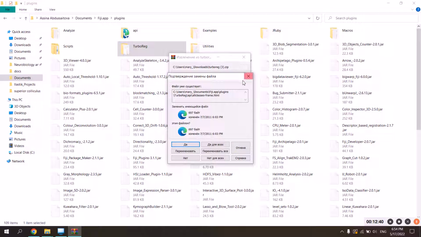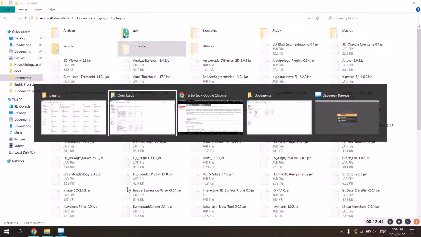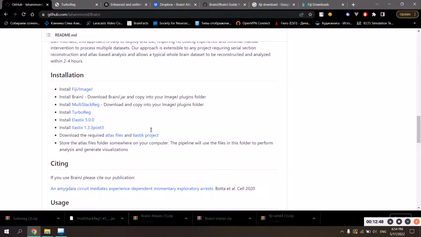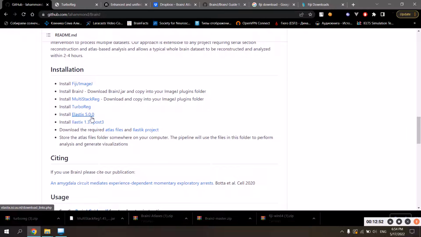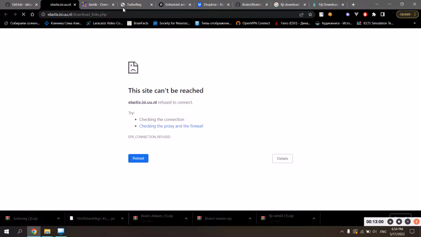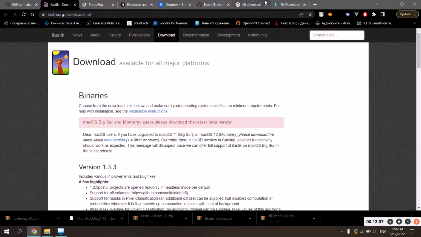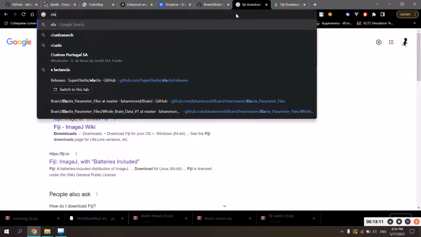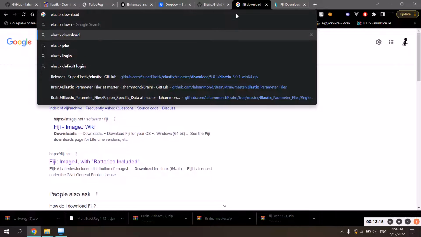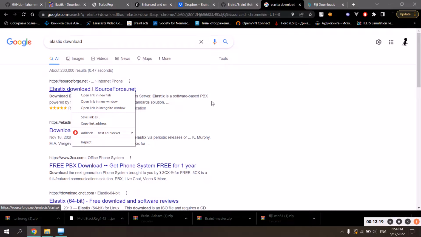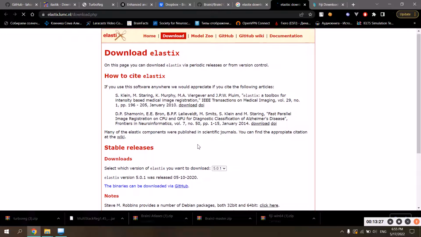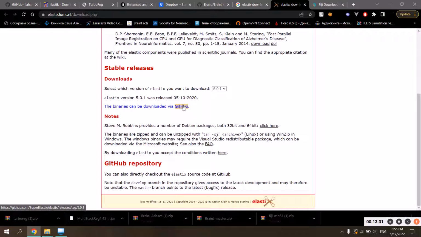The next step, I'm sorry, this one is just like, since I already have them in my folder. Next step is to download the elastix and elastic. So elastix is here and elastic is here. The problem is that the site that is provided in the main tutorial, in the main guide, does not work. So do not panic, just go and type elastix download, and you will get it. It's better to use this one. You see, the binaries can be downloaded via this one, and